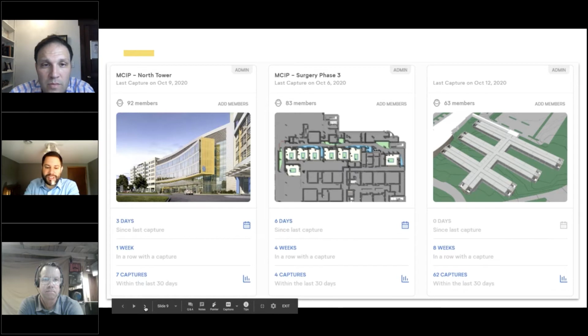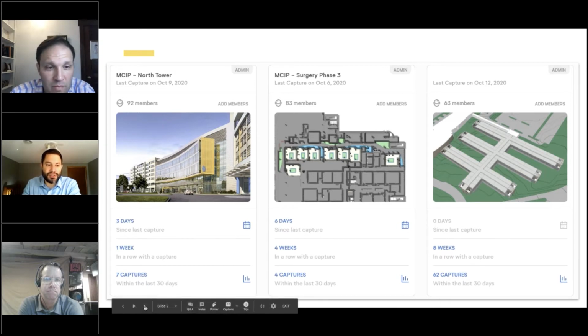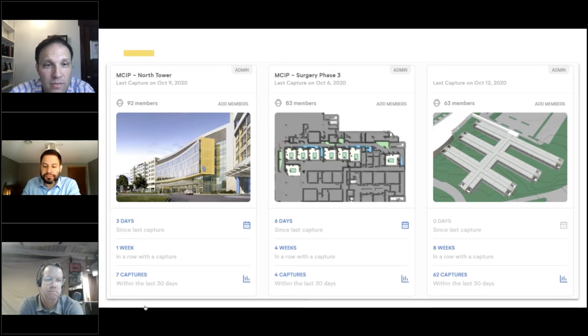And then the captures, 62 captures in the last 30 days on the one project in 8 weeks in a row. So there's a ton of data that's being fed into the program that's being shared for everyone. So it's like Tom mentioned, it's a single source of truth for everyone to be able to come and look at what is the current state and where have we been. Just looking at some use cases then,